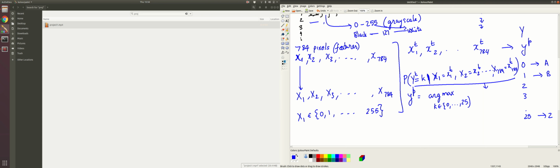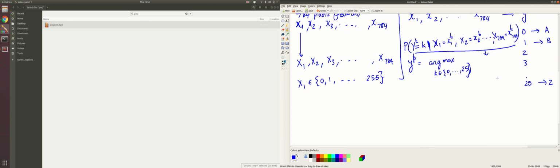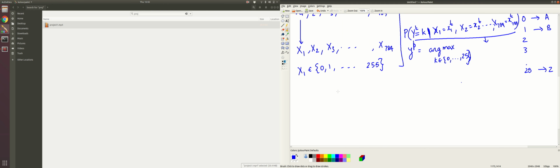So you want to predict the k that gives the maximum value. That is going to be your prediction. The whole idea is you should have a model where you can assign a number to each of these entities, so we will see how we can do that for this problem. And we'll try to understand what the naive Bayes assumption is.